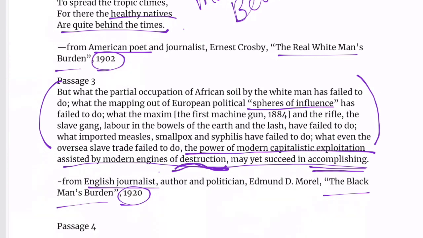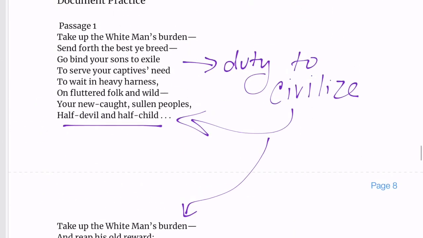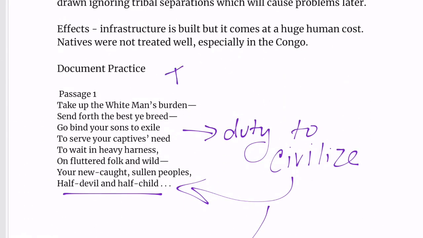You can kind of infer a little bit because we know that imperialism takes away African culture. It puts tribes together that had formerly hated each other, so it causes a whole bunch of problems with that. And so he's saying basically out of all of these things that have happened, the exploitation is the worst. These passages definitely reflect imperialism. They all have to do with that. So I would label that imperialism so that you remember all these have to do with that.